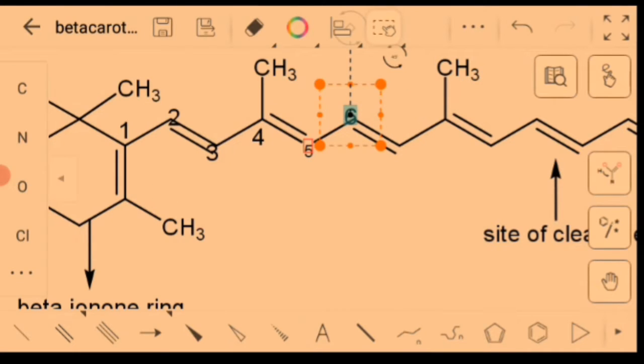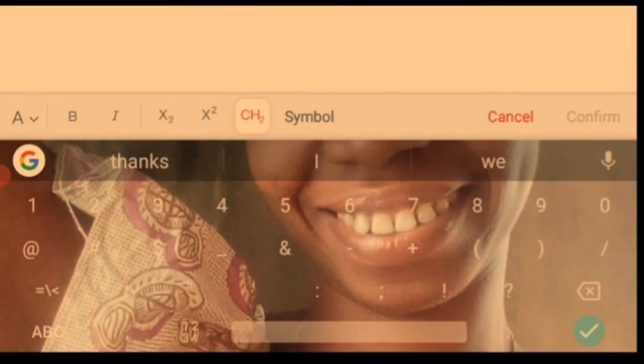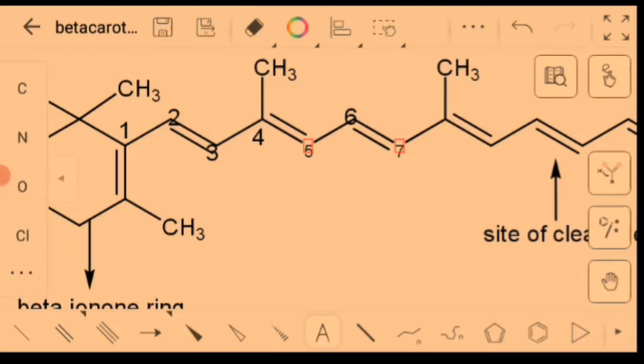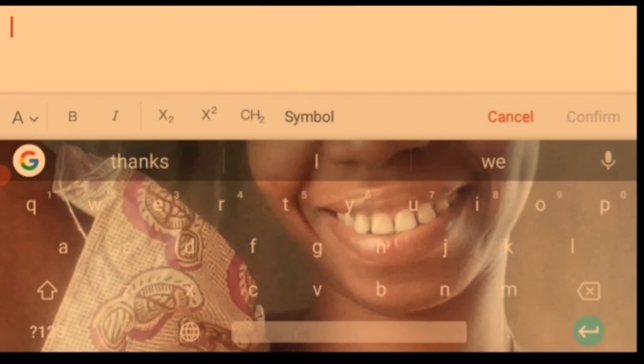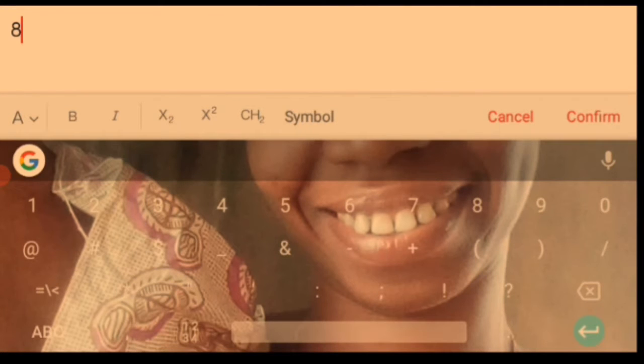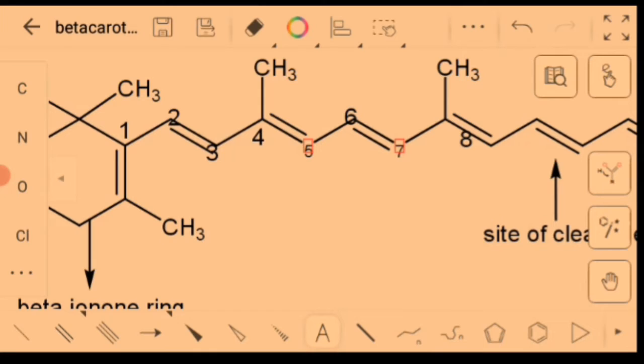That's our number 6. Then our number 7 is going to be here. Then our number 8 is going to be here. One, two, three, 4, 5, 6, 7, 8, 9. Okay,